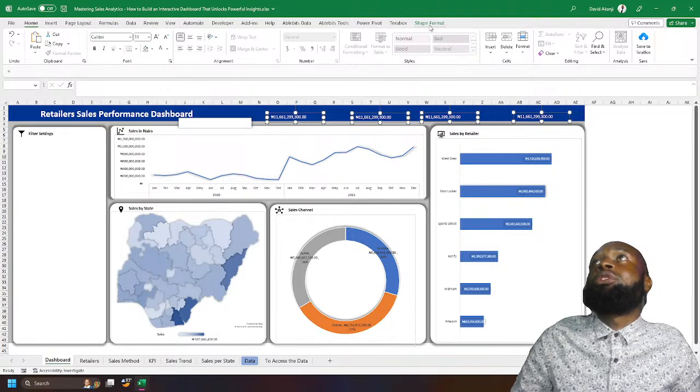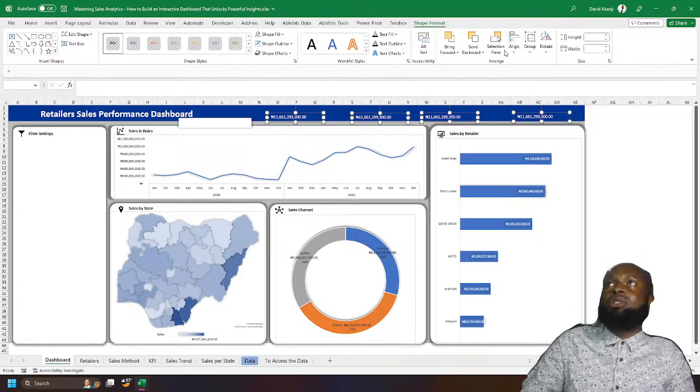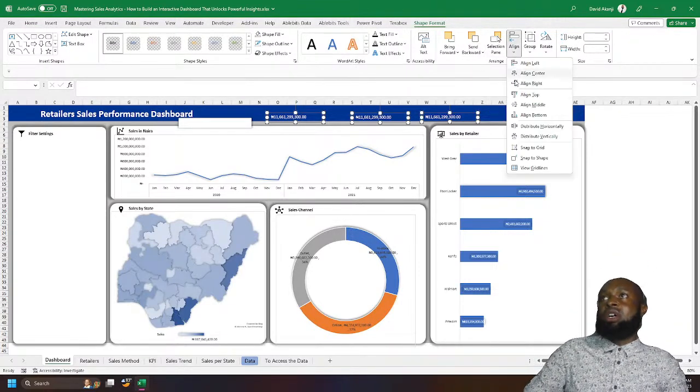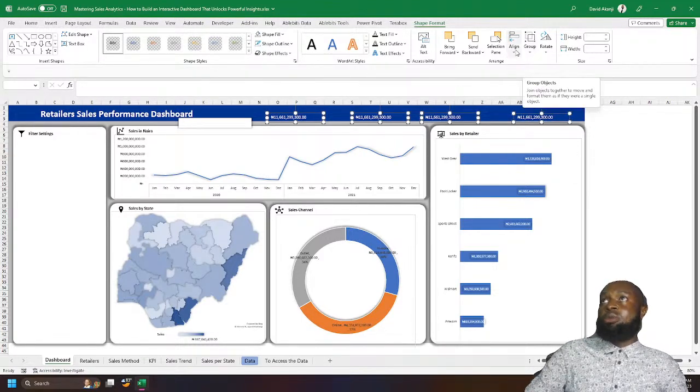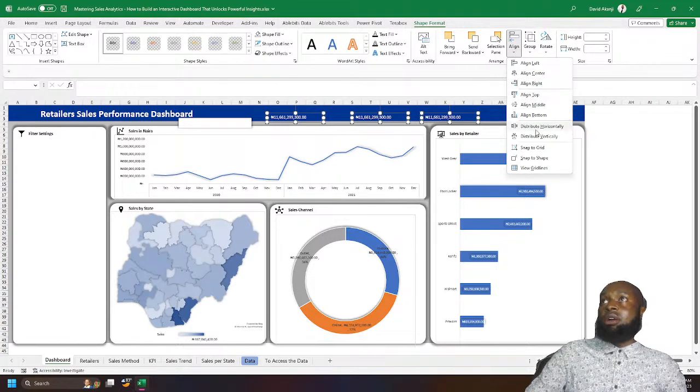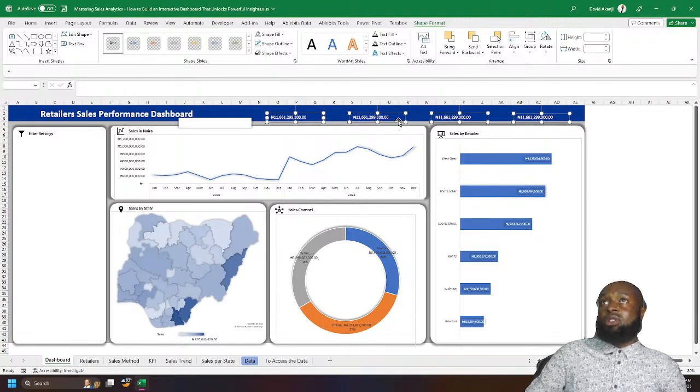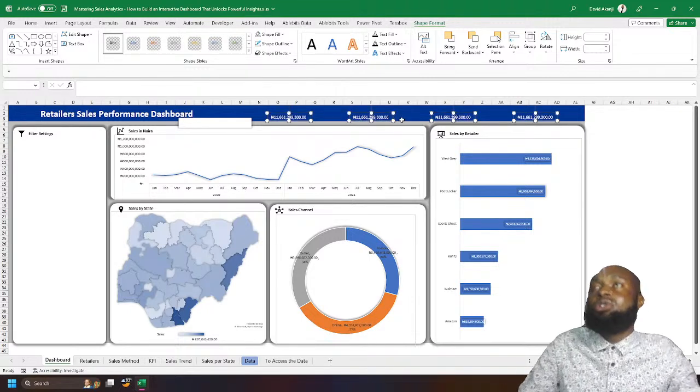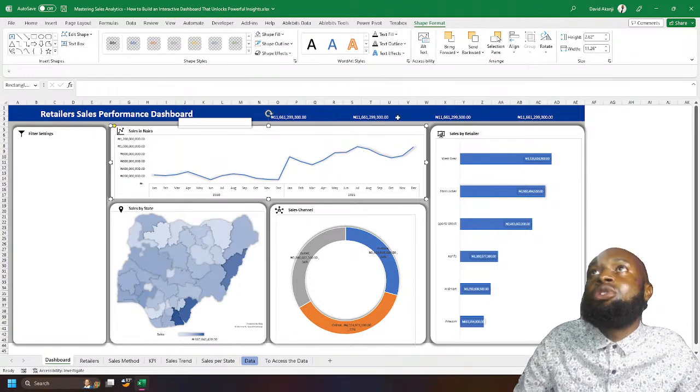Then let's go to shape format. In the shape format, you are just going to align them to the bottom. Then you're now going to distribute them horizontally so that they have the same spacing. Okay, so now that we have this, the next thing we are going to be doing here is to